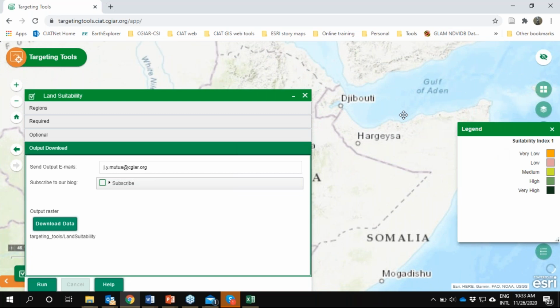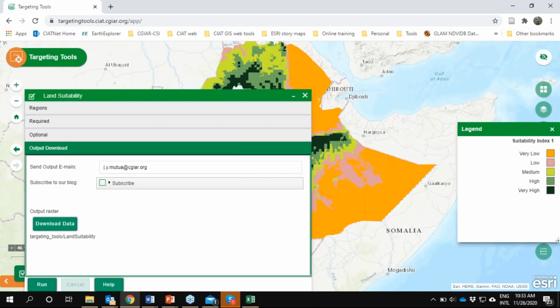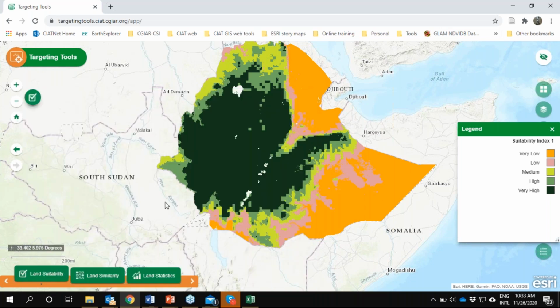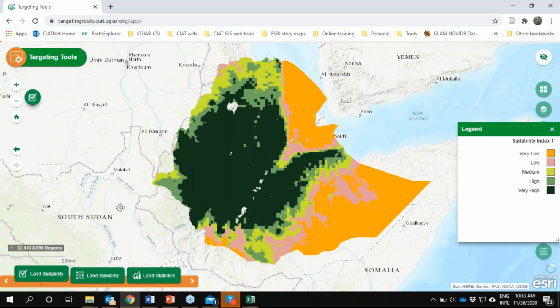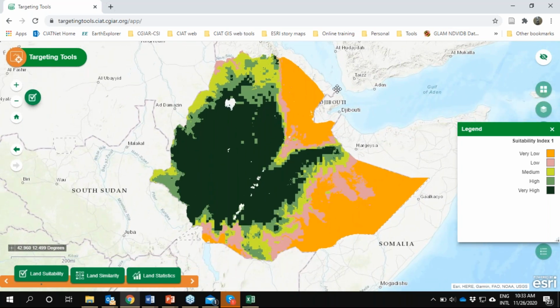So the analysis has just been completed. As you will see here, there's a download button, which is available once the process is complete. If I click here, it will download the same output on my computer. I received an email of the same output, but the good thing is that you can actually visualize your results